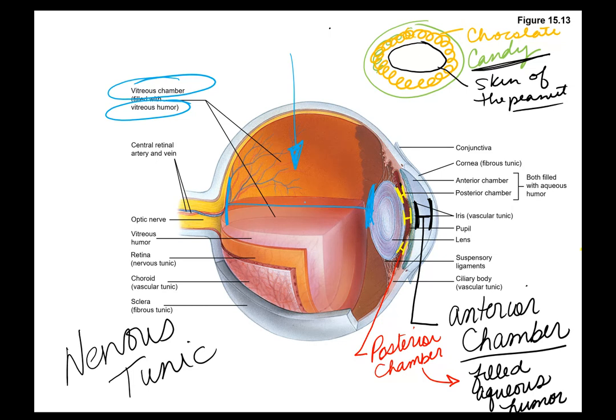Now, something that's interesting, the pressure that is being put out with that vitreous humor is actually what anchors your lens in place up here and your retina in place back here. So why is that important? Well, if you get into a head-on collision and your head whips forward, just like water in a glass, if you're running with water in a glass and you stop suddenly, it has a tendency to slosh forward. So does this. And if it does that, there's a real good chance that that retina is going to come right along with it. That retina is going to slosh forward too. If you're very, very, very lucky, when it sloshes backwards, your retina goes back to how it was. If you're not, the retina will tear. Literally, that vitreous humor is responsible for holding your lens in place and your retina in place,